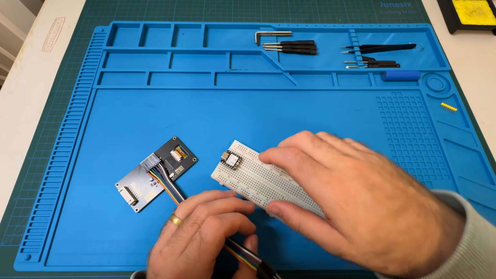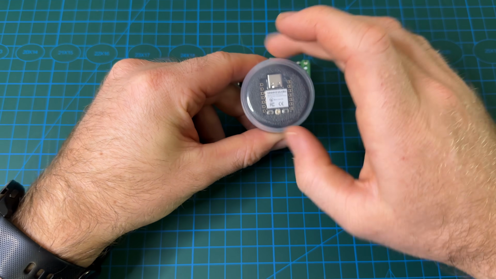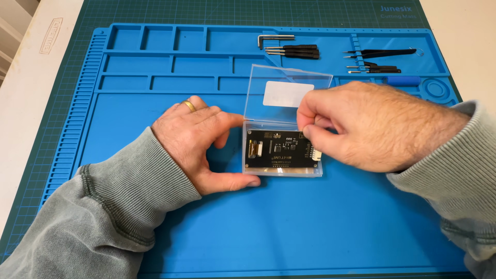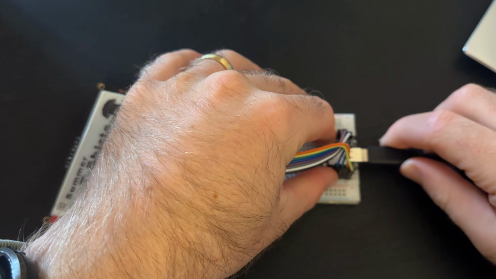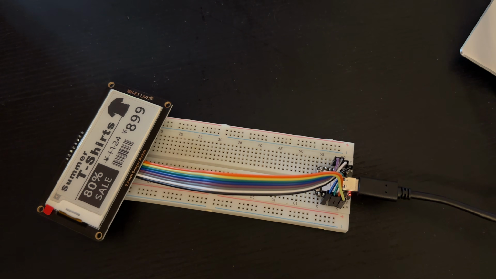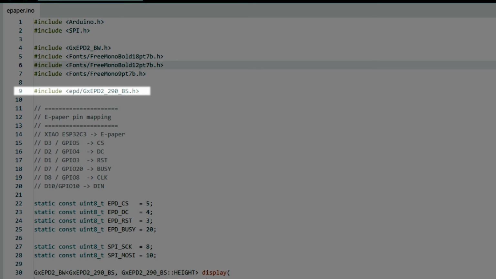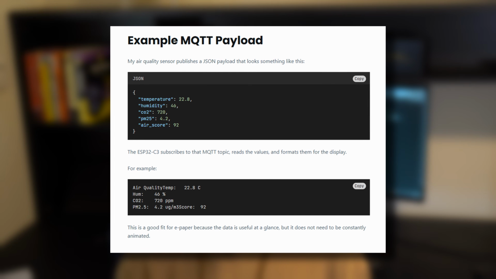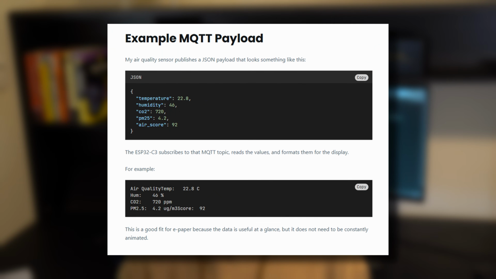For this tutorial, I'm keeping the hardware pretty simple. I'm using an ESP32 C3 board, a small SPI e-paper display, some jumper wires, and a USB cable. That's basically it for the physical setup. I'll be programming it through the Arduino IDE using the GxEPD2 library for the display. Later on, I'll also use MQTT so the ESP32 can receive data from my air quality sensor and show it